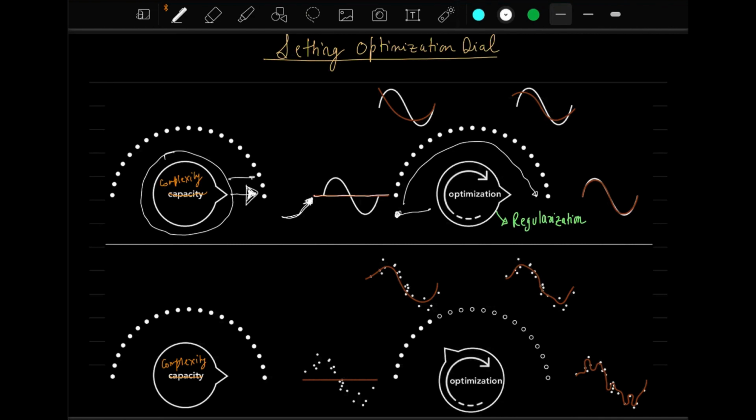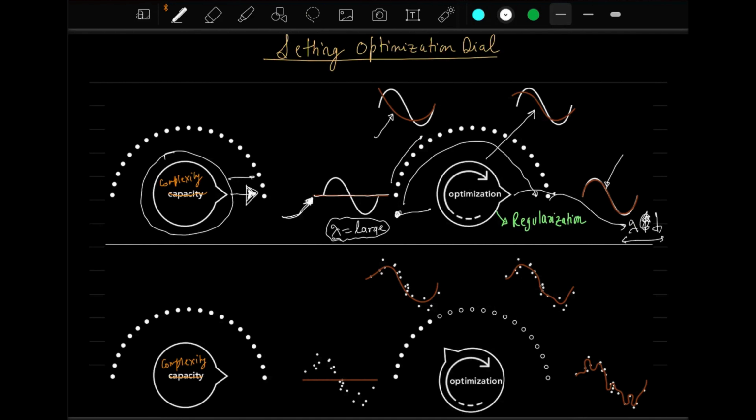But as you move your optimization dial to this side, you are again creating something like this. And similarly on this side you will create something like this, and when your optimization dial is to the extremes, you are creating something like this. So we will discuss all this in our coming slides, but you can see that lambda is actually very large here at this particular point. The regularization parameter that you are using here at this point is very large, but at this point lambda is very small.